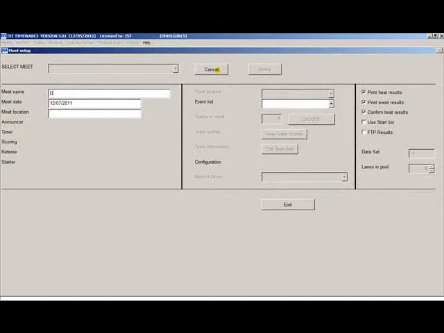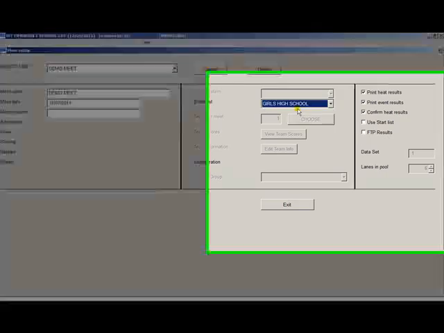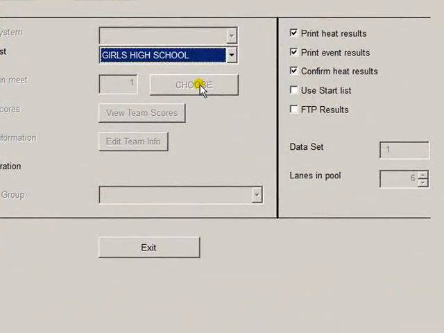Type in the meet name and press Enter. The meet date should match the date that you gave the meet in Meet Manager. Select the event list that you imported from Meet Manager. Note the dataset number, which is here. This corresponds with the meet number in Meet Manager, and this number must match the meet number when you are